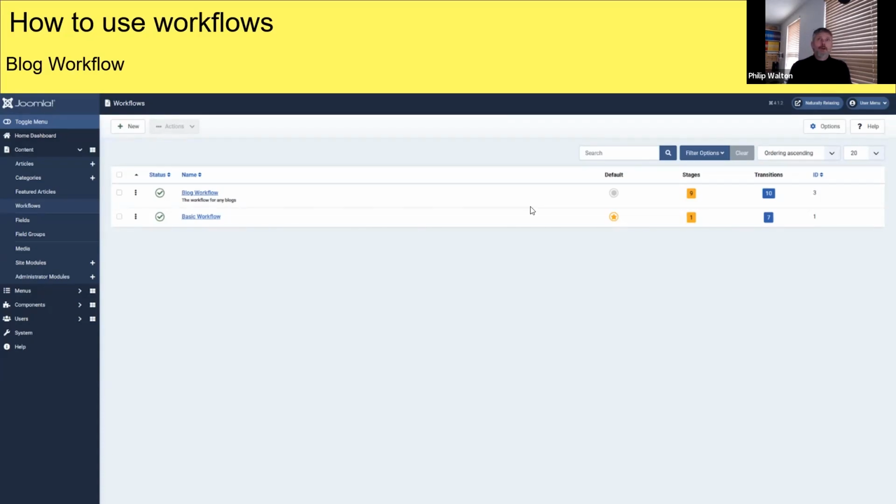Well, what's the point of having 2 workflows? One of the things you can do with workflows is assign the workflow to a category. So you can have different workflows for different categories, and that is so useful. On some of my client sites, there can be some quite complex articles which have to have translations, and they have to have someone else that actually reviews them.